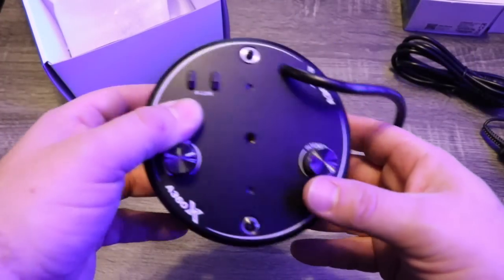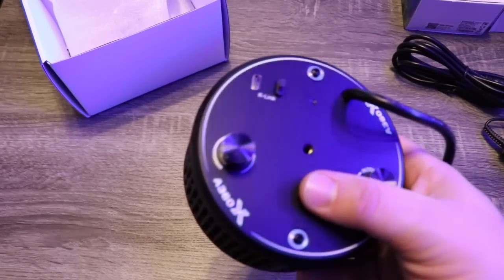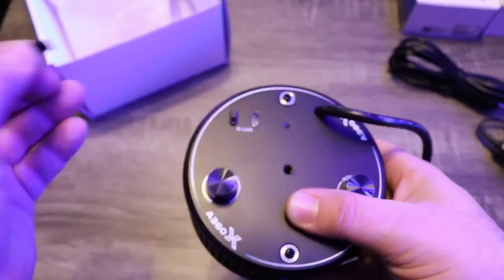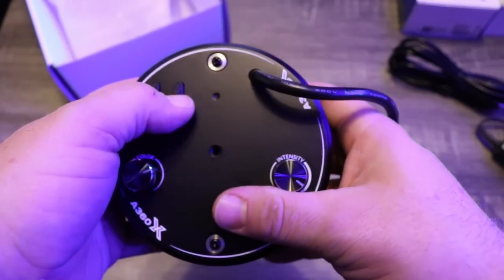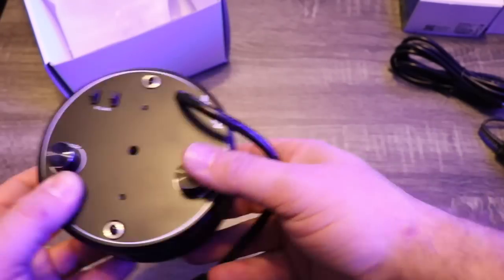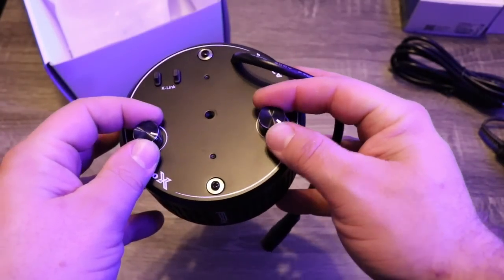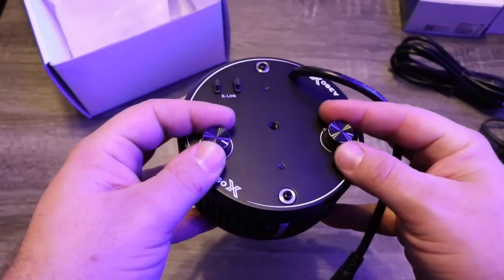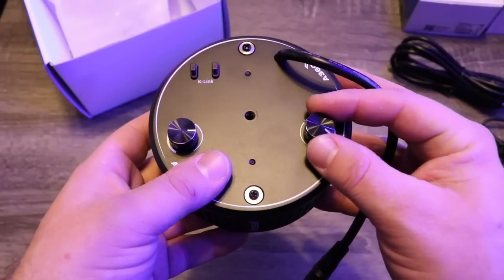So K-Link is pretty interesting. You have basically a USB-C connector, and what K-Link affords you is the ability to link up multiple lights, which you kind of had that technology with the original A360. With the original, you would have a master, and then you would have slave units. So anytime that you would make adjustments, it would have to be on that master, and then the slave units would adjust accordingly. And with this K-Link and the controller, you can make an adjustment on any light,